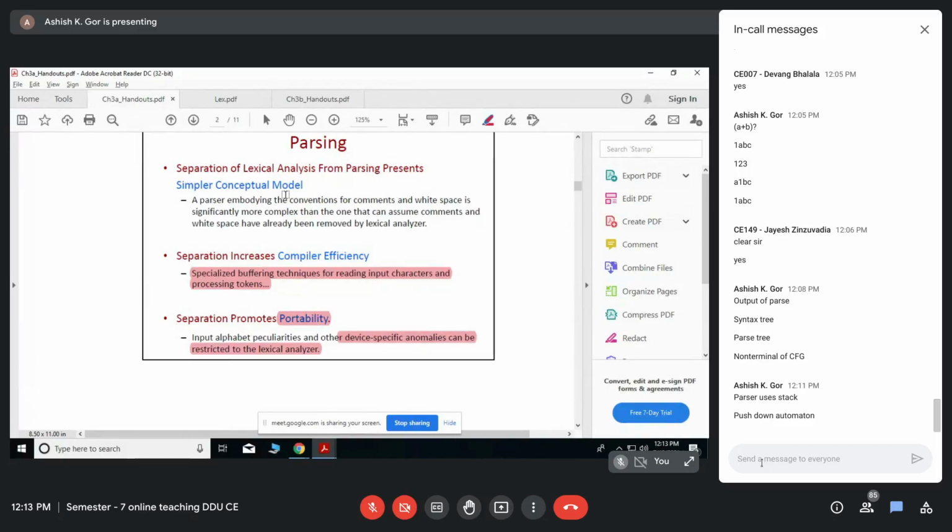So in addition to efficiency and simplicity, portability will also increase, because input specific details are the job of the lexical analyzer, not the syntax analyzer. I can reuse those things later on.